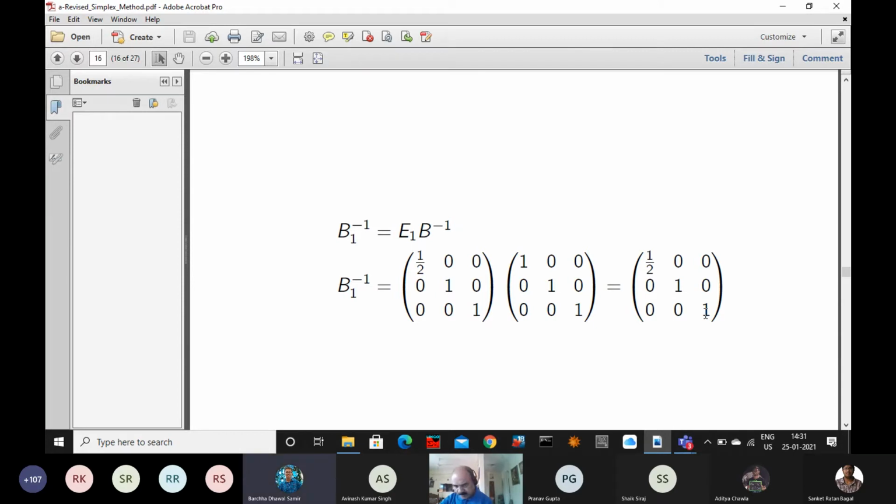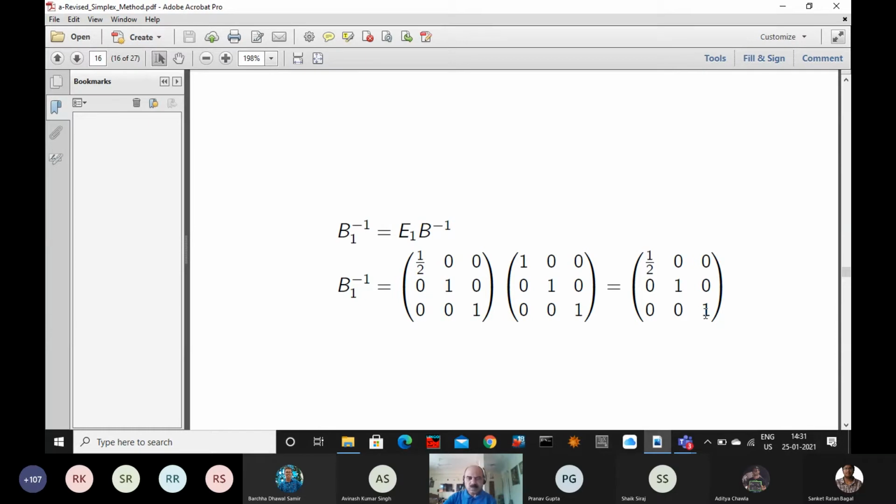Sir, can you again tell how we calculated that eta? Because here the pivot element is 0, no, sir? First column, there are 3 elements. For the first column, the first element we are pivoting. For the second column, the second element we are pivoting. For the third column, the third element we are pivoting. And you see that in simplex, the pivot element cannot be 0. It has to be positive in the primal simplex. When we discuss the dual simplex, it may be negative, but it will never be 0.